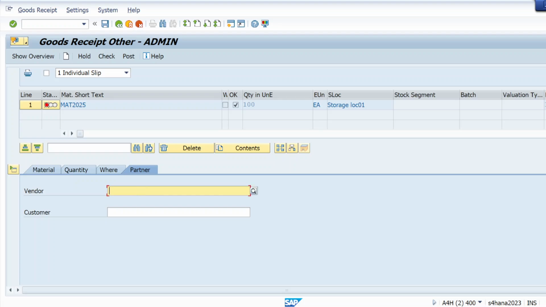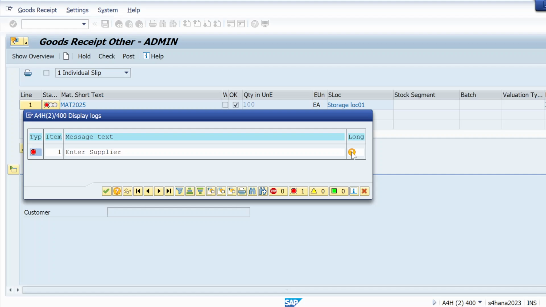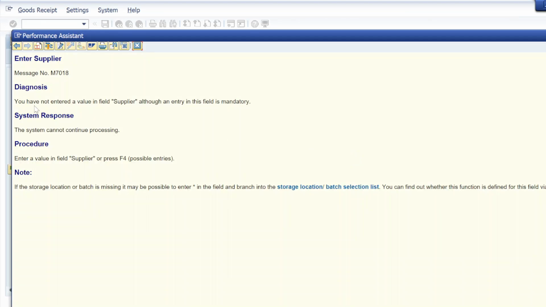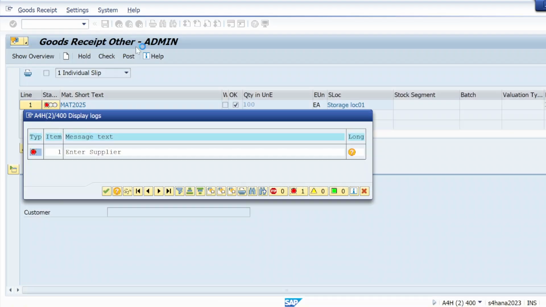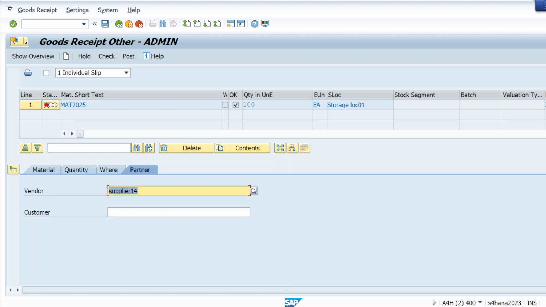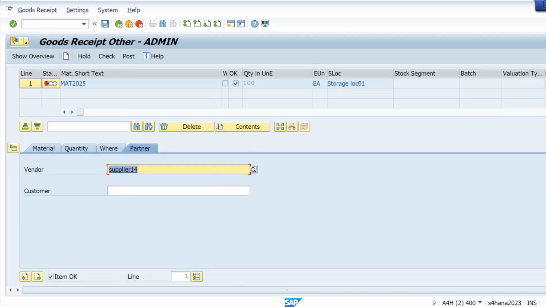Okay, I think the system is not taking this supplier data. It has to be attached to a storage location or something.